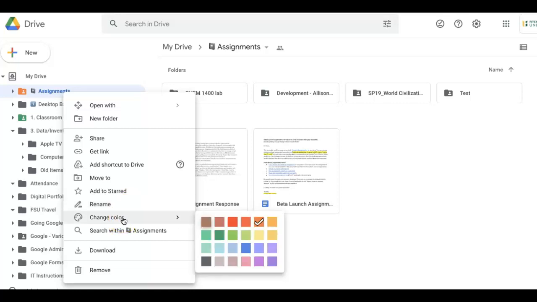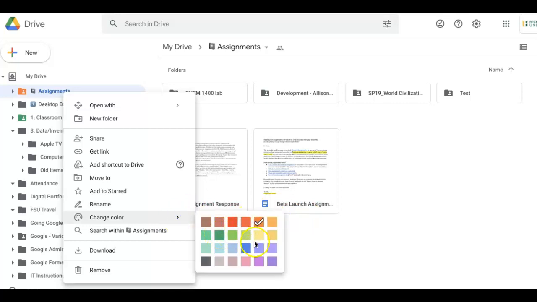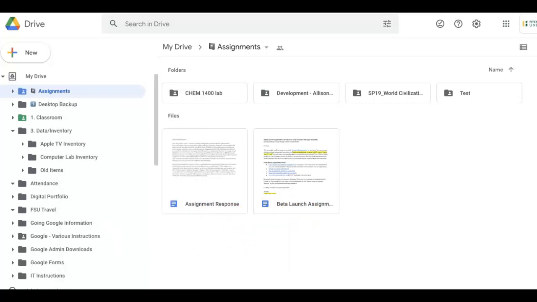So if I associate all of my assignments with orange, or if that's even a color I use in my calendar for that type of situation, I can maybe make it the same. In any event, I can change the color at any point as well. So I'll make this one blue, and you can see now my assignments are blue. So again, consider taking the time to organize this in whatever fashion, numerical, alphabetical, and color code. Make it visually appealing, make it easier to find items where you know they belong.